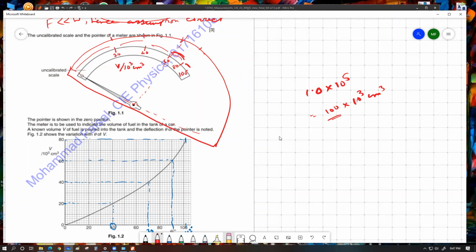You cannot write 1.0 because 1.0 multiplied to 10 to the power 5. তোমার এই পুরো স্কেলের জন্য জেনারেল মাল্টিপ্লায়ার হচ্ছে 10 to the power 3. So on the scale you have to write 100. ওই যে ওরা ইচ্ছা করে এখানে এই এক্সপ্রেশনটা দিছে যাতে করে স্টুডেন্টদেরকে মাথা কাটায়। বুঝতে পারছি? জি স্যার বুঝতে পারছি।